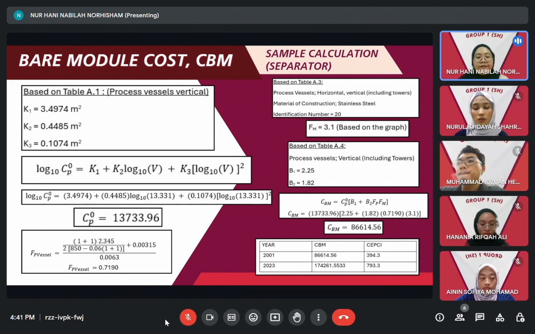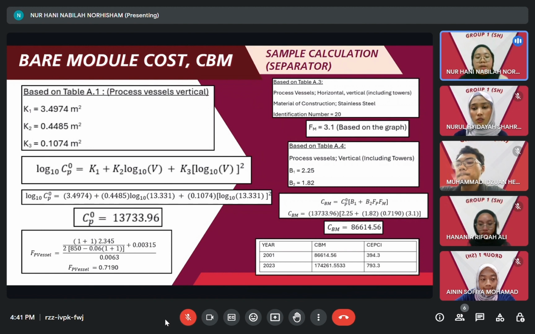As for Fm, we have to obtain the value by evaluating the equipment based on their specific criteria, which is the material of construction, identification number, and so on. After obtaining both of the values, we can calculate the CBM for separator, which is 6614.56, and then